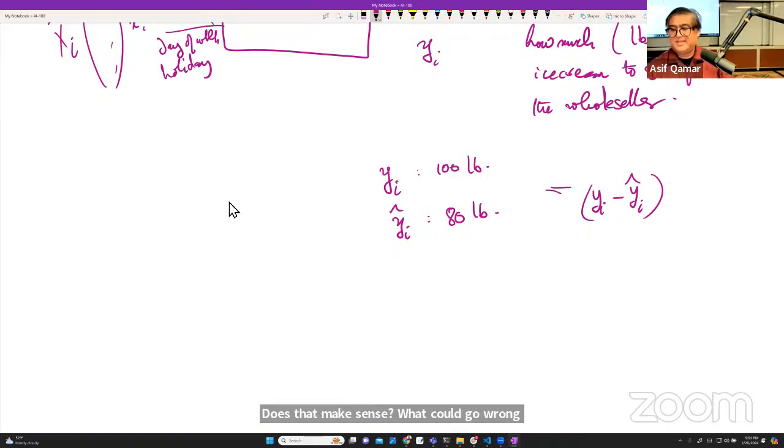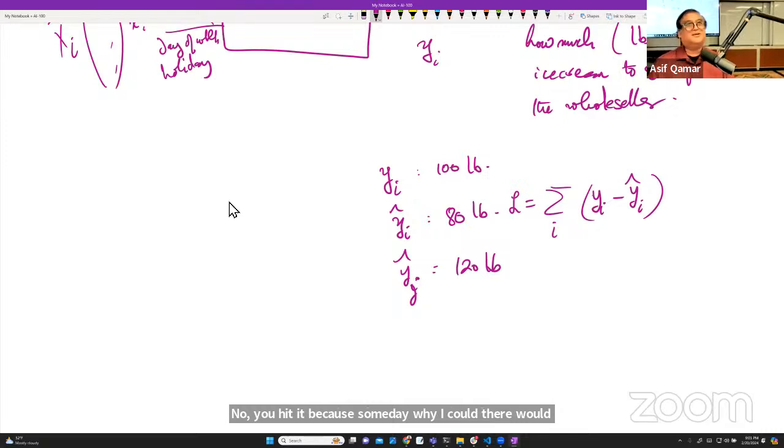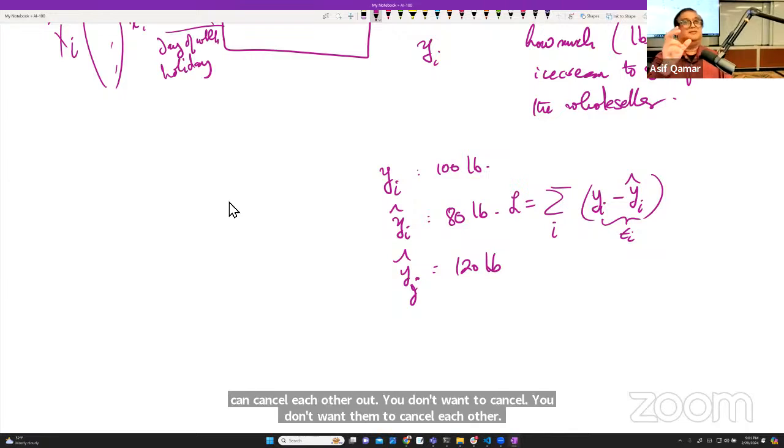If I add up all of these mistakes to get the total loss, is that fine? That's all right. What could go wrong? No, you hit it, because some day there would be some yj which could be 120 pounds, which was also wrong, right? So this error, the epsilon i error, could be positive or negative. It may undershoot or overshoot. And what happens when you add up all of these errors? They can cancel each other out. You don't want them to cancel each other out. So you're looking at the magnitude of the error,